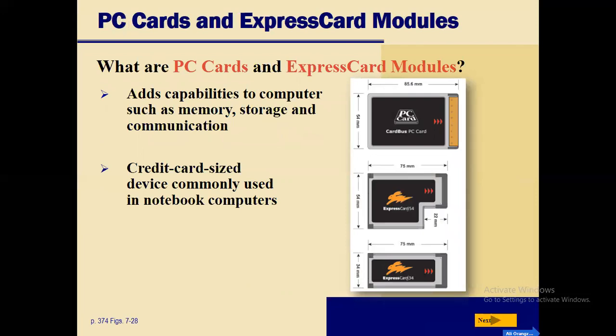And these are the PC cards. A PC card is an electronic device about the size of a credit card that is used to store data, where these cards were originally developed to be used with many devices such as portable computers and digital cameras, but currently their primary use is in laptop computers. The term PC card is being used in conjunction with the term PCMCIA to help prevent the confusion due to the length of the acronym.